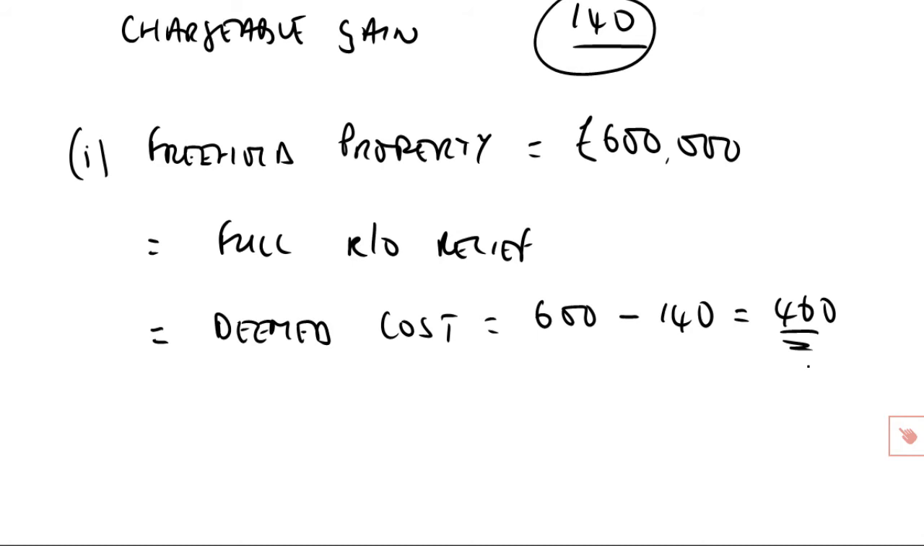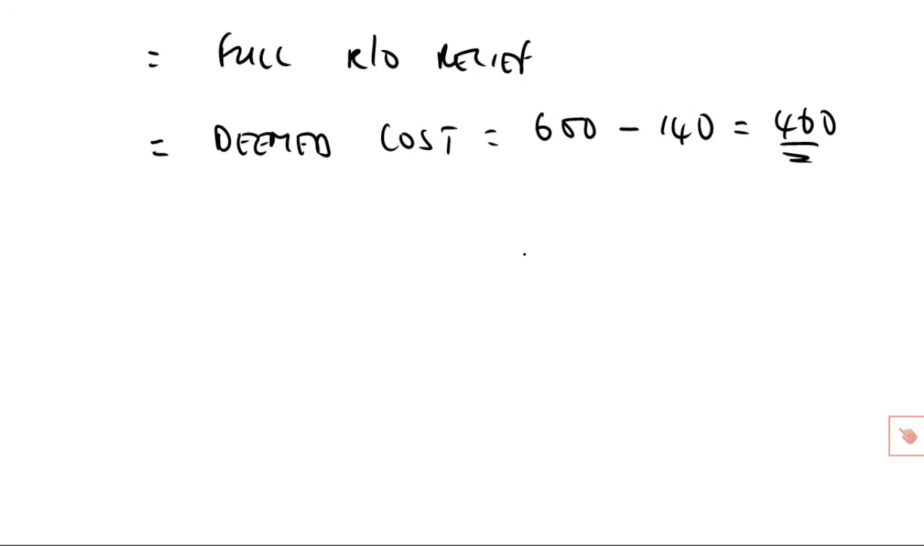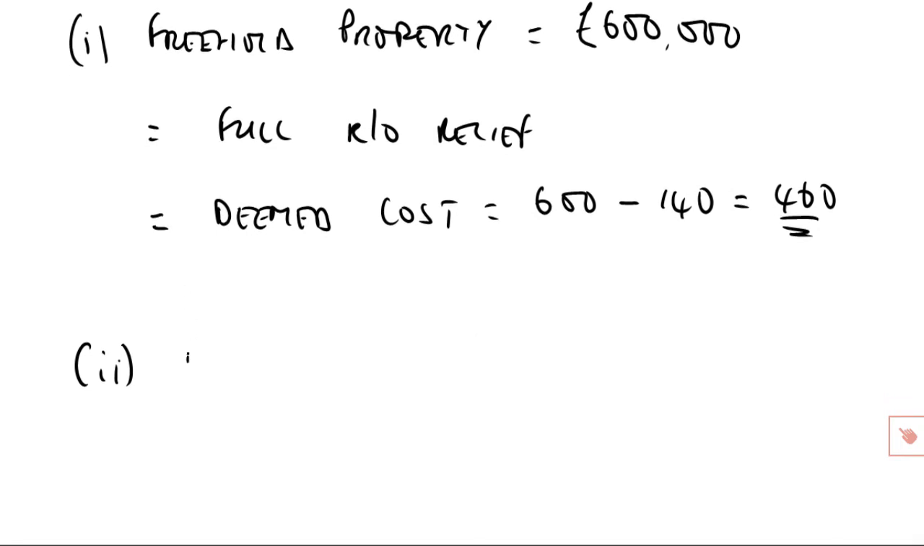The only time where any part of any gain arising will remain chargeable following any rollover, any deferral claim, is if we fail to reinvest all of the proceeds. That doesn't happen with option 1, it's full rollover, but it does happen with option 2. So this is now partial rollover because